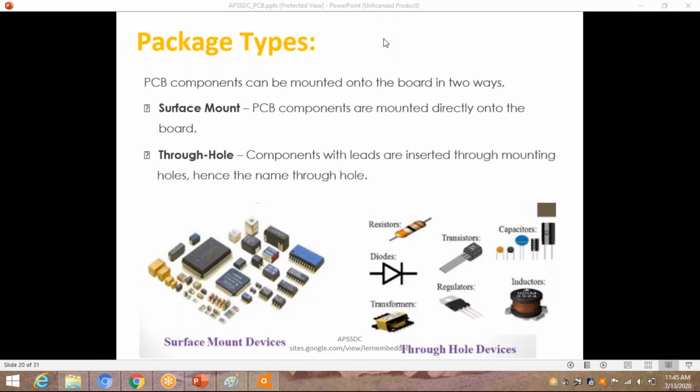Okay, that is not a problem. Middle layers are directly